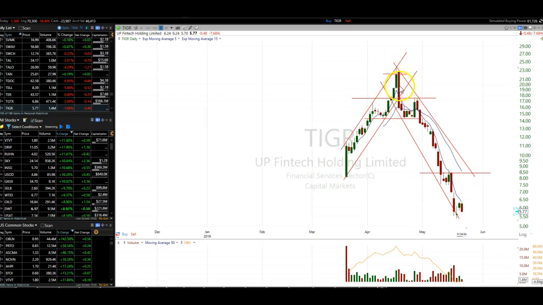Now I had written here that when it got up to the top of the channel, this could be the top of the channel. You should be looking to sell some, and maybe we'll look for a first pullback entry opportunity or second pullback entry opportunity. But what happened was it came off so sharp and so steep